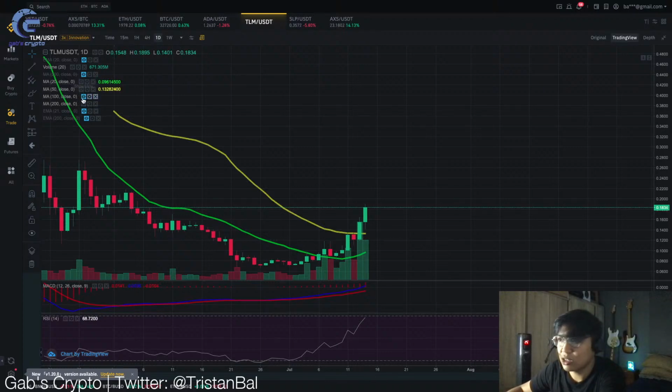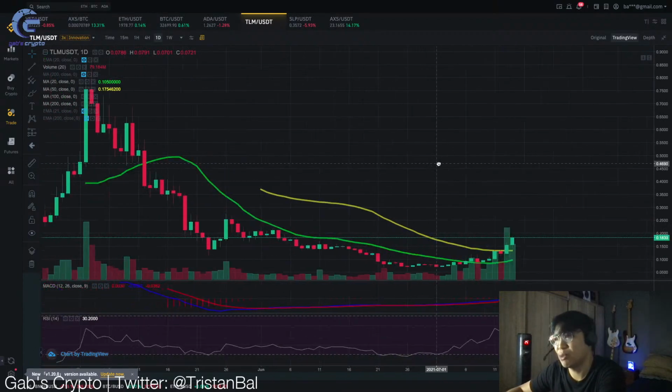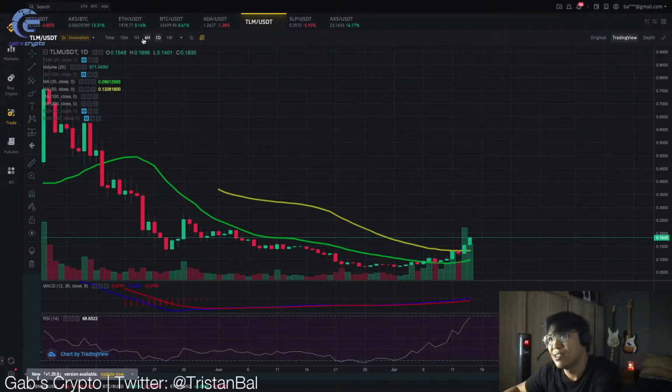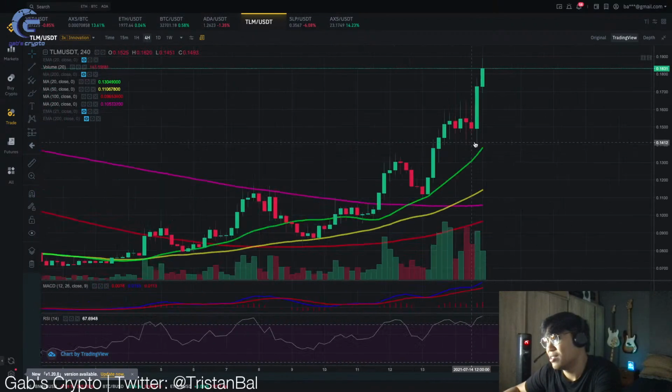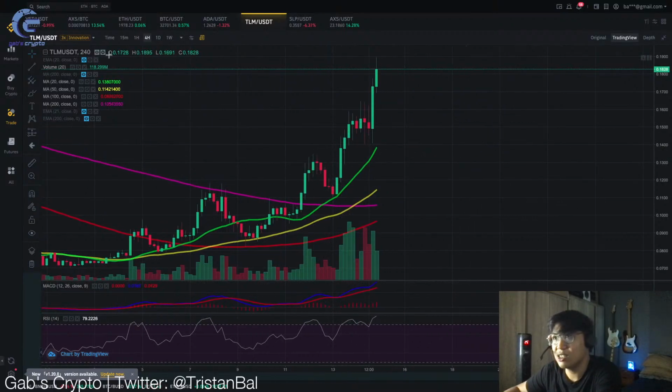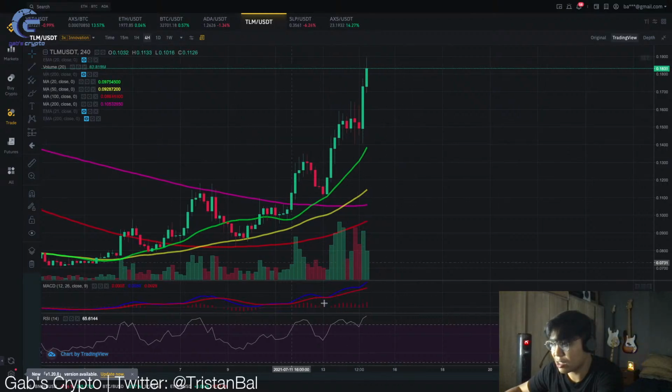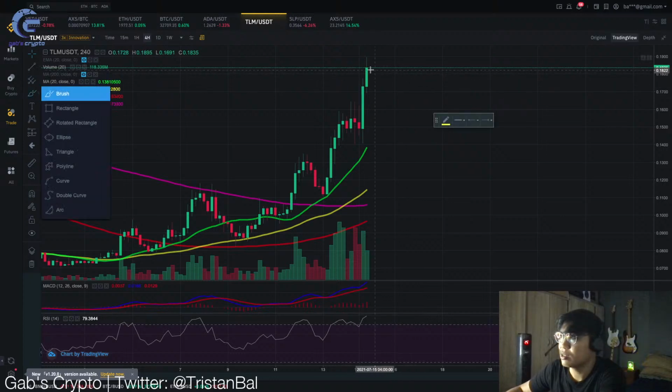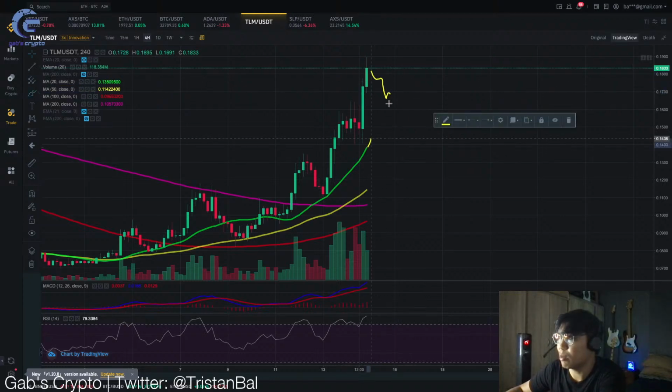Let's see, 100. Wala pa kasi masyado, maaga pa. Let's look at the 4-hour. Overbought na. Overbought na si TLM. But this can still trend higher kasi wala pa tayong bearish signals. Pero yeah, if I were you, expect somehow a pullback man lang kay 20 moving average. So possible na mag-consolidate siya, or possible na mag-pullback kahit papano.